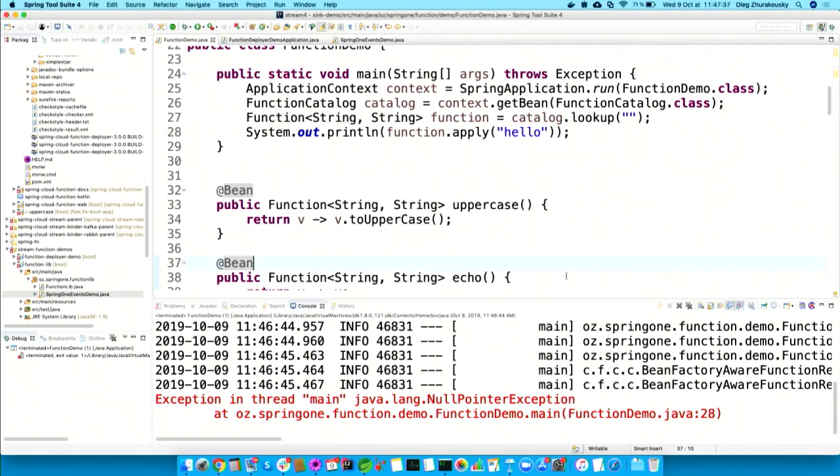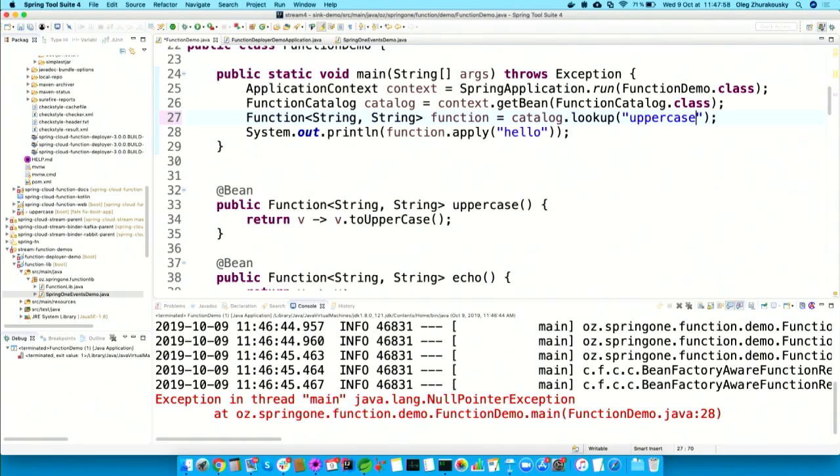Stack Overflow-driven development, yes. All right, anyway, so now at this point of time, basically what I have right now, I have multiple functions, and now I have a tie, which means I have to break it, so now I have to explicitly specify whether I want to do the echo or uppercase, right? But again, as you can see, at this point of time, we're only dealing with the simple functions,